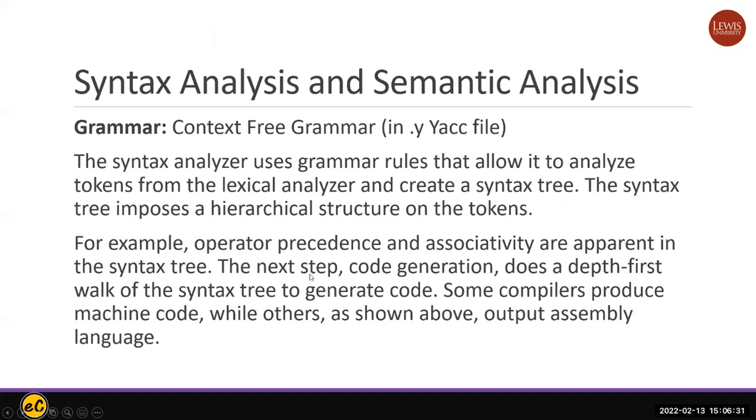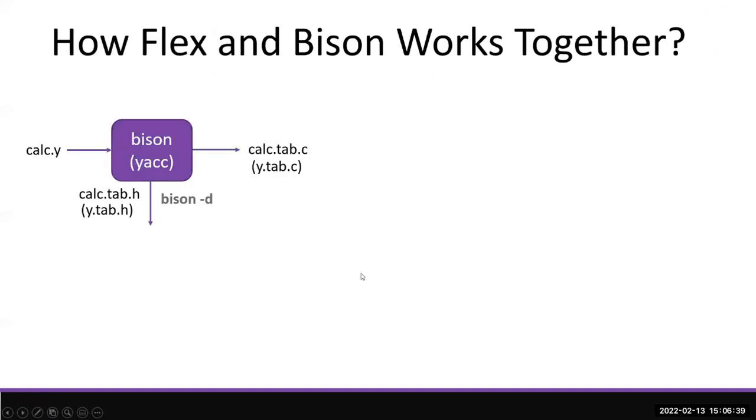So basically that's the purpose of generating the syntax tree, and then you can go to code generation. Initially, if you have combined Flex and Yacc, you can use the calculator. The Yacc rule is actually the context-free grammar, and you will generate the symbol table. So here you have the symbol table. And then you use Bison with -d, Bison -d, and you will generate a